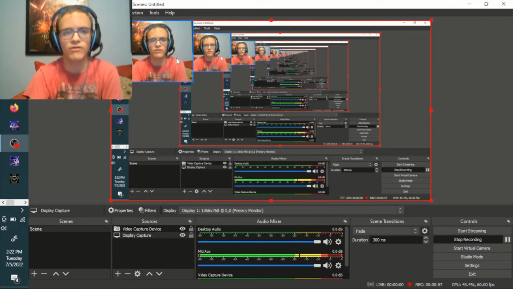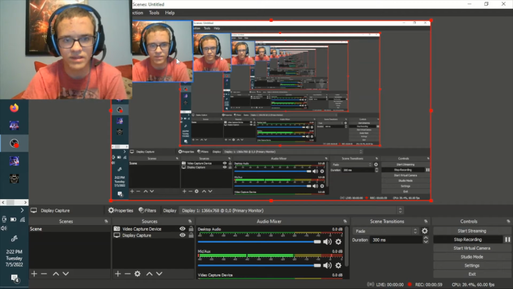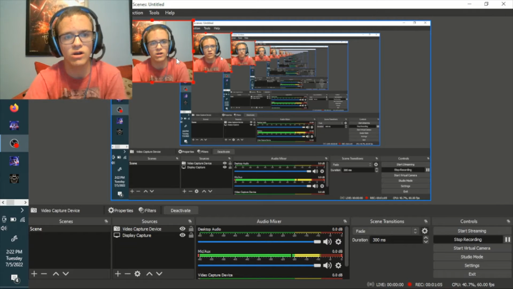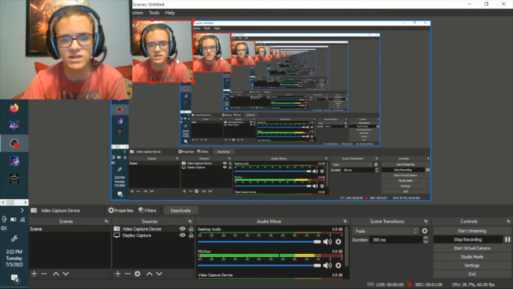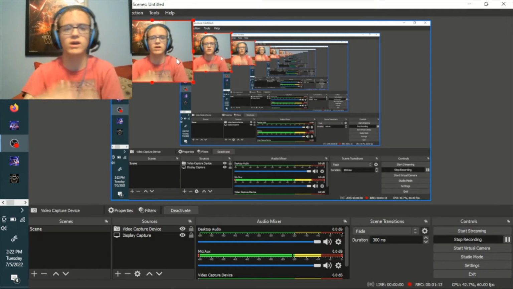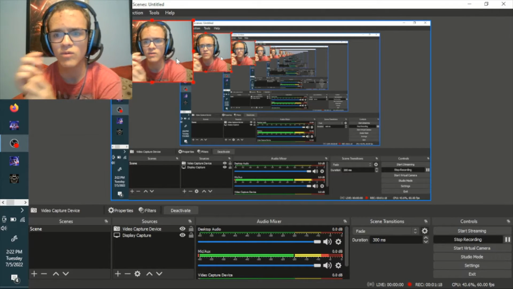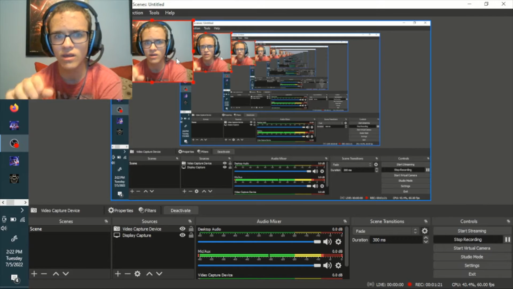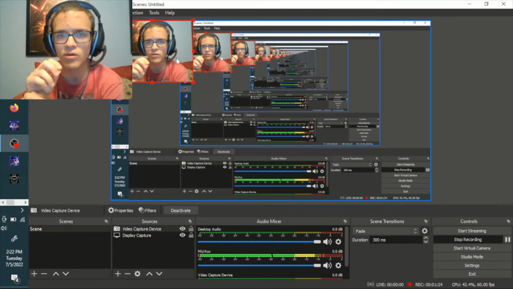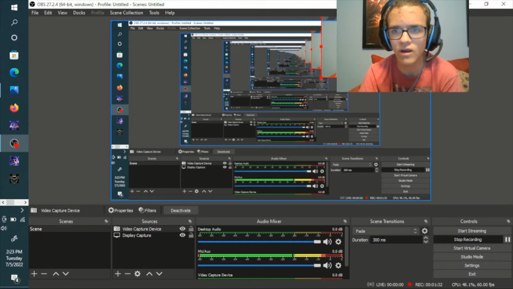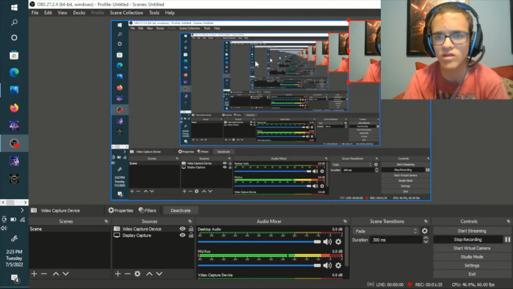So first thing I want to go over is display capture, which is what I use from this camera right here. It is what is recording me right now. And I only ever use it when I'm recording from here because I tried once to make it where my camera's inputting into here so I can record the face and that at the same time, but I couldn't. So I can move this over to here, as you can see, to the other corner,